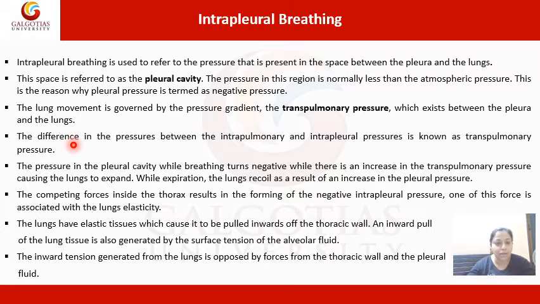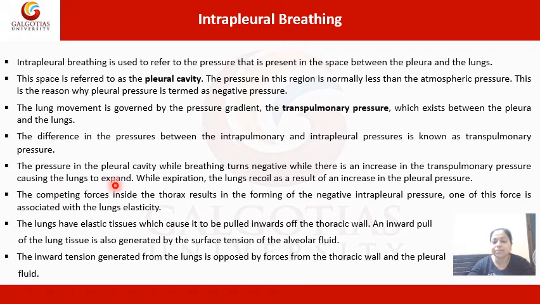Now, the lung movement is governed by the pressure gradient, which is called the transpulmonary pressure. It exists between the pleura and the lungs. The difference in the pressure between the intrapulmonary and intrapleural pressure is known as the transpulmonary pressure. So, because of a pressure difference, this kind of breathing takes place, and the pressure inside the pleural cavity is less and it is negative in nature. The pressure in the pleural cavity while breathing turns negative, while there is an increase in the transpulmonary pressure causing